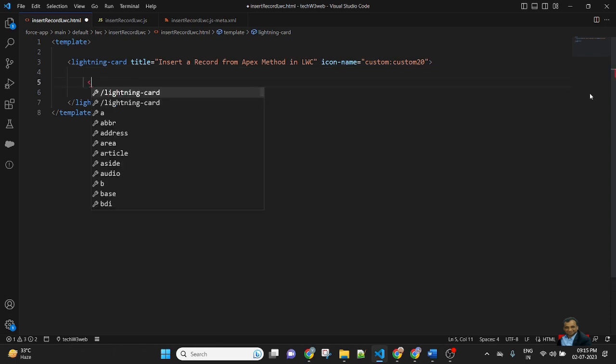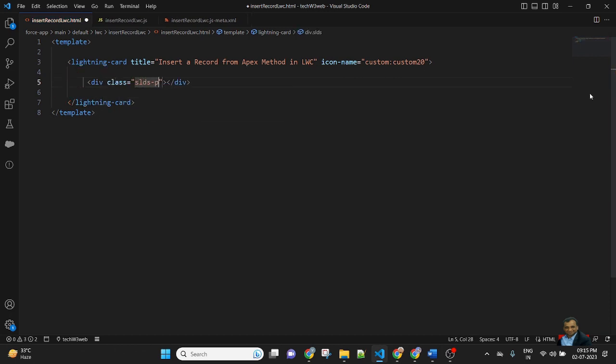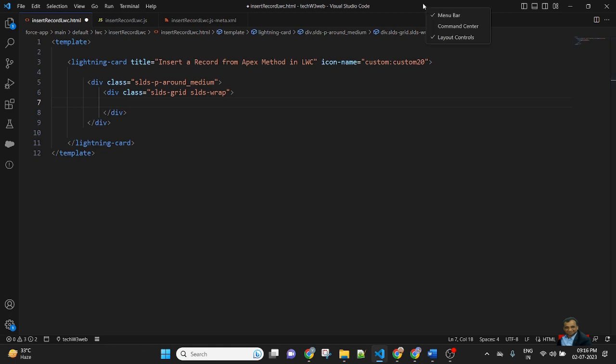Here I will use a div with class slds-p-around_medium. It is a predefined class of Lightning Design System. It will give space around the container. Then I will create a div with class slds-grid slds-wrap.